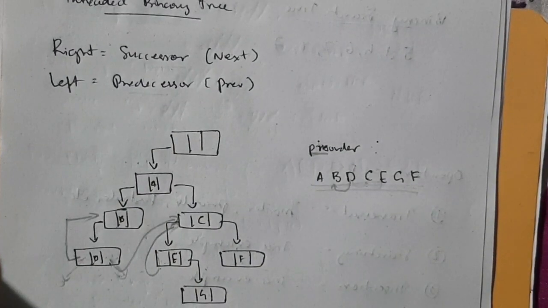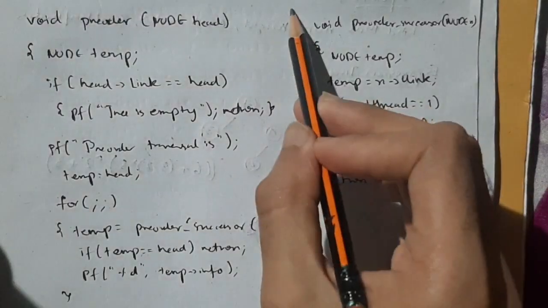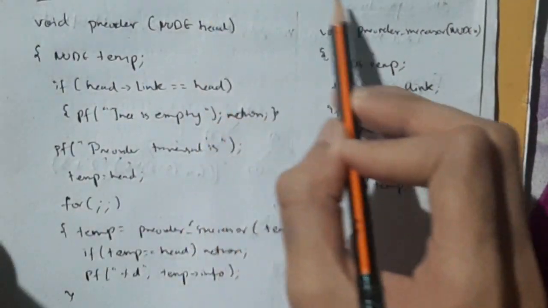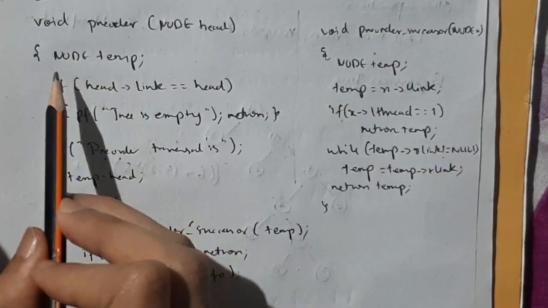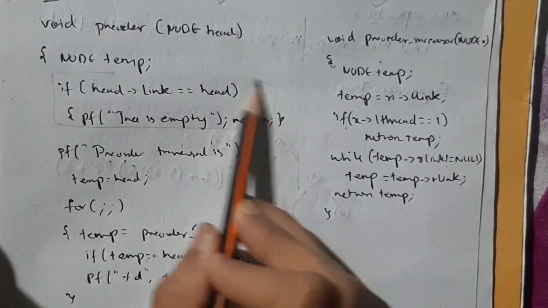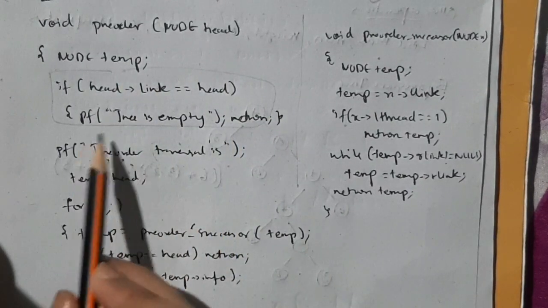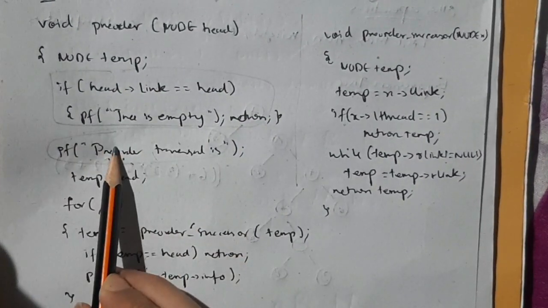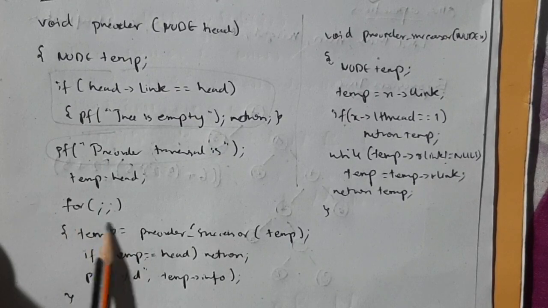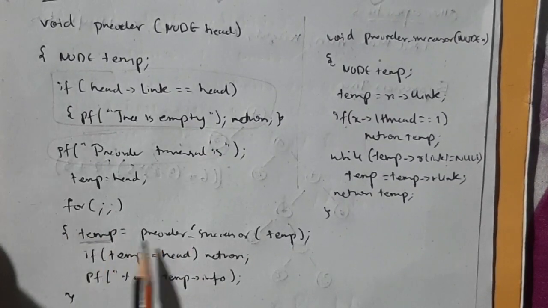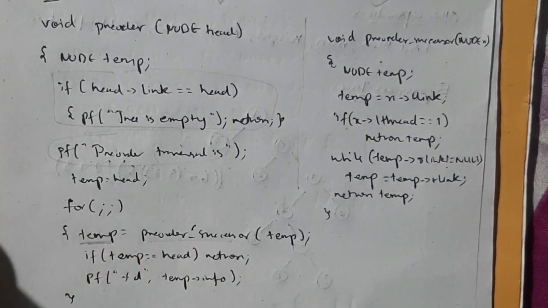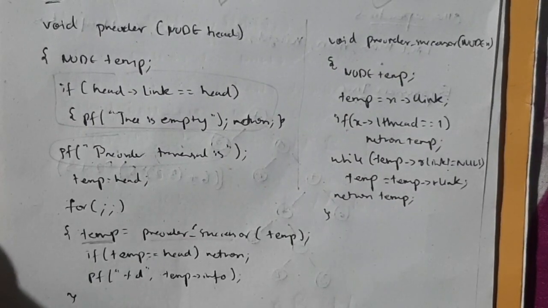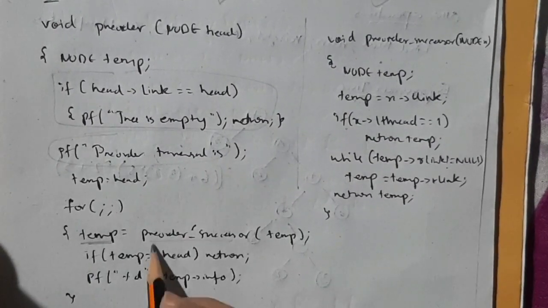Okay, I have two codes. This one is very easy, this one is a bit hard. Let's see how it is. In this first part, it is checking if the tree is empty or not. That's easy, right? Then in second, you will print the pre-order traversal. Then coming inside the for loop, you will see temp is equal to pre-order successor. Means what you will do, you will print a node, then you will find the successor, means next node you will print it. How will you find the successor?